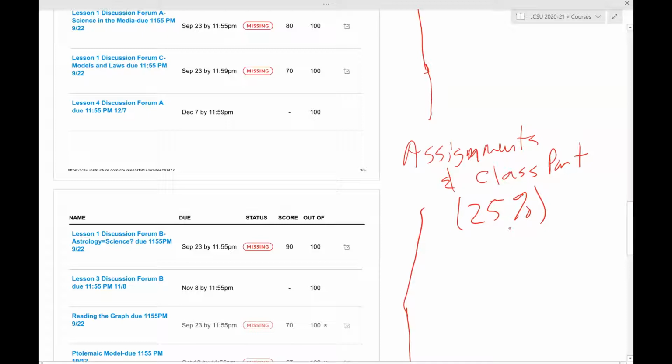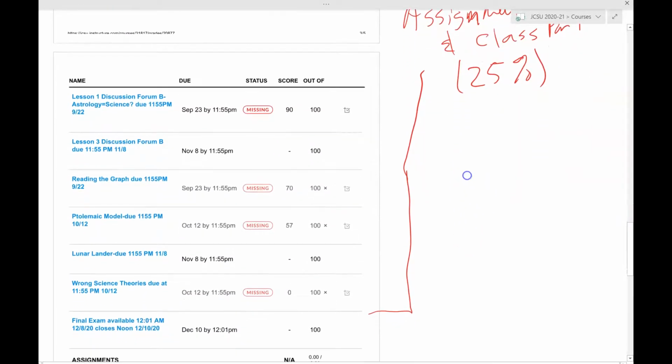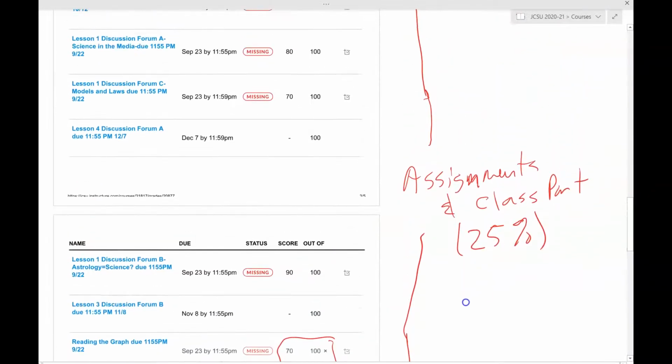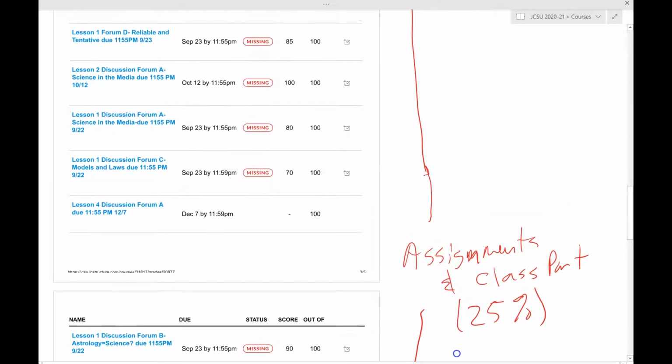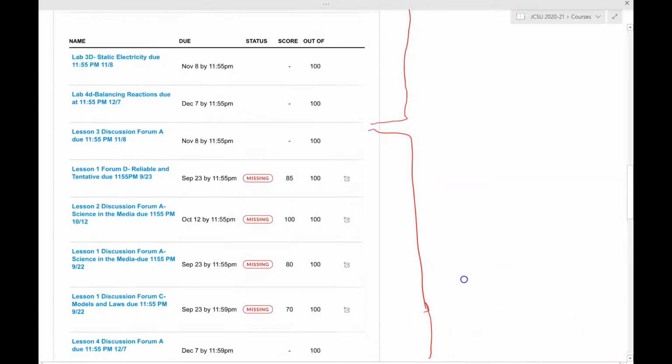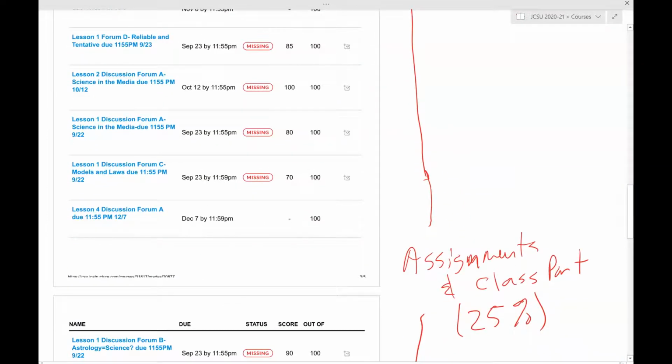Again, what you see is that some of the lower grades for test student here have been dropped. One that they just didn't do, and then one that didn't go so well for them, and then 70's a C. That's not so bad, but that one's dropped. And so what we have that count here was 100. What we have here, so we have 85, 100, 80, 70,